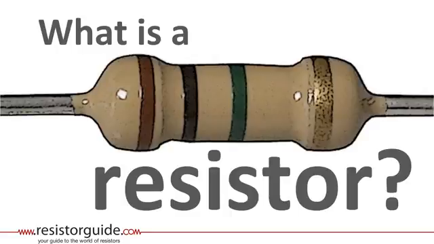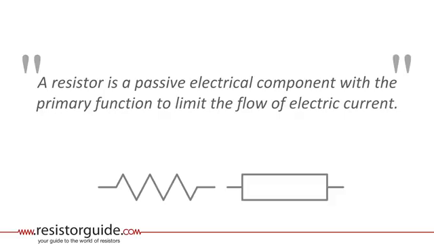What is a resistor? A good definition might be this one. A resistor is a passive electrical component with a primary function to limit the flow of electric current. The standard symbols for resistors are given below. The zigzag on the left is the American standard, and the one on the right is the international standard by